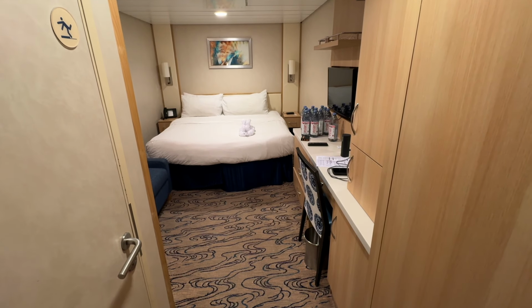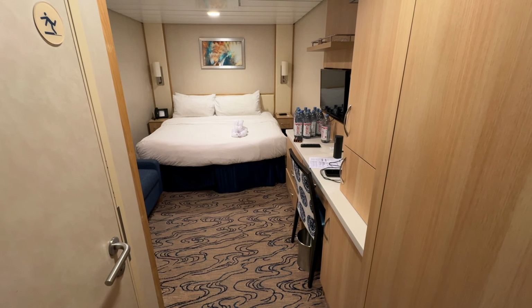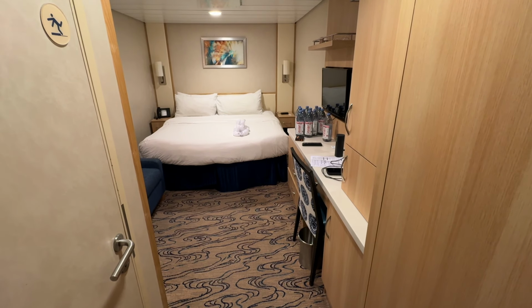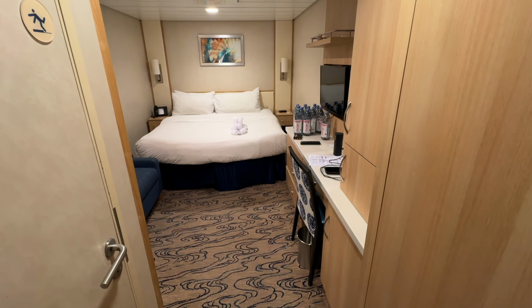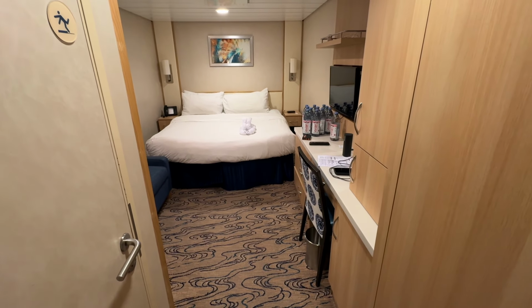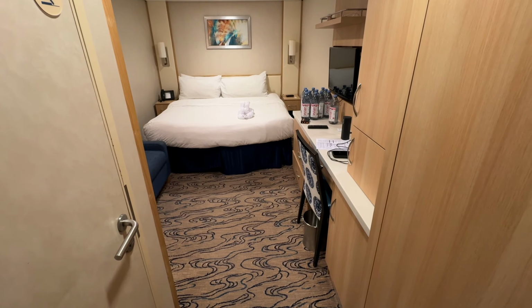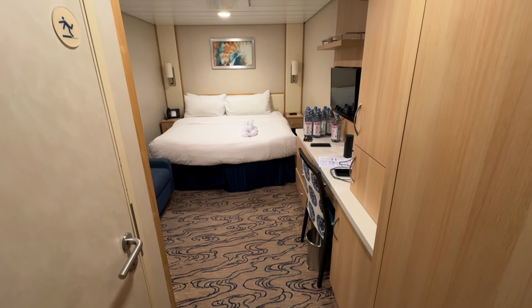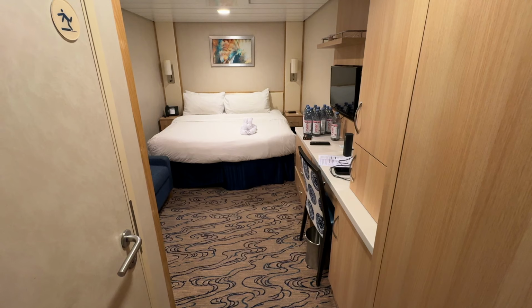Now this one's interesting. In the last one, back in December, we took a tour of my first ever balcony cabin, that being a balcony on Odyssey of the Seas. Well, in this video we have the total opposite. We're taking a look at my first interior cabin, and this one is on Liberty of the Seas, and this is cabin number